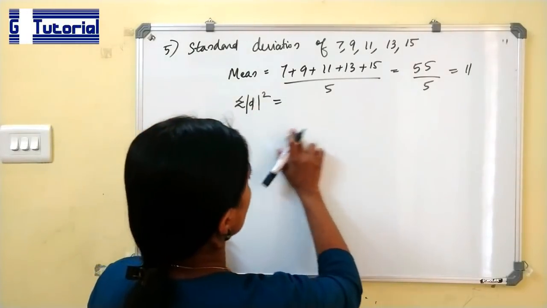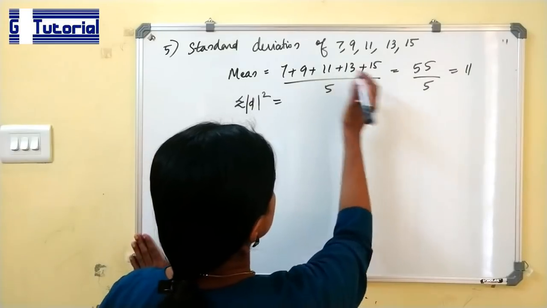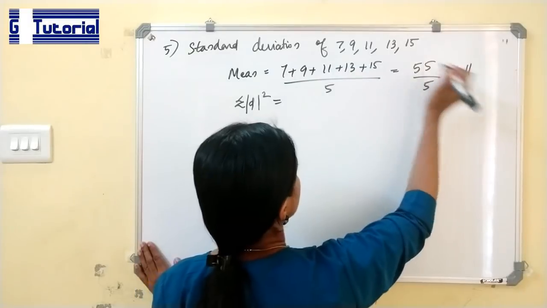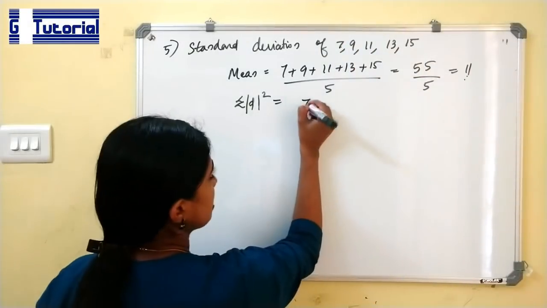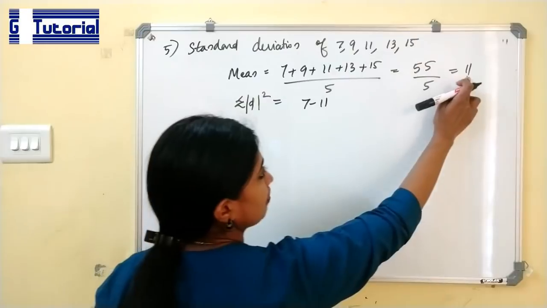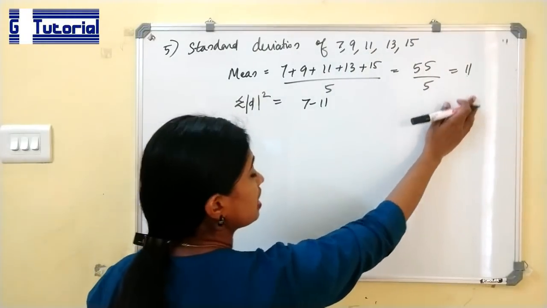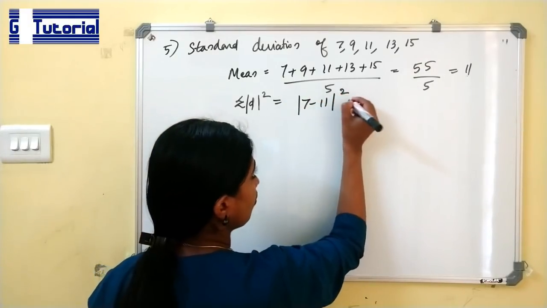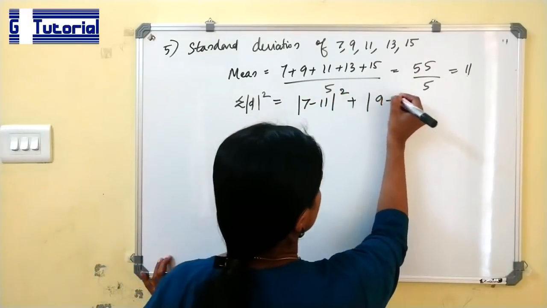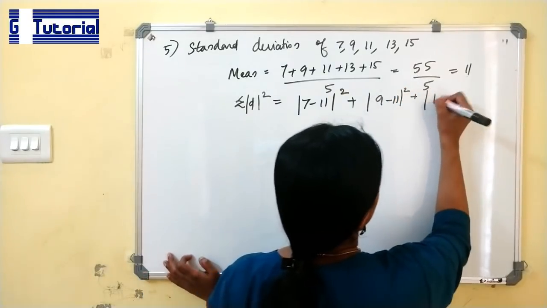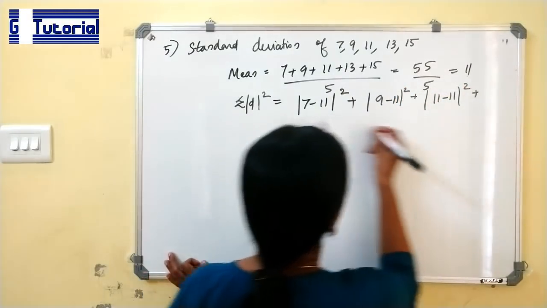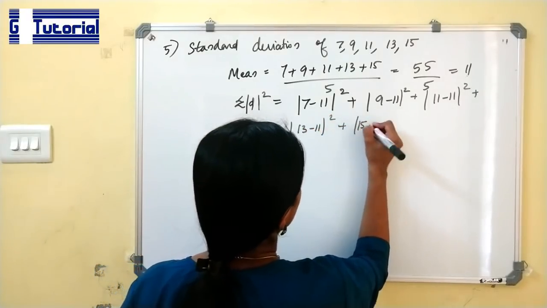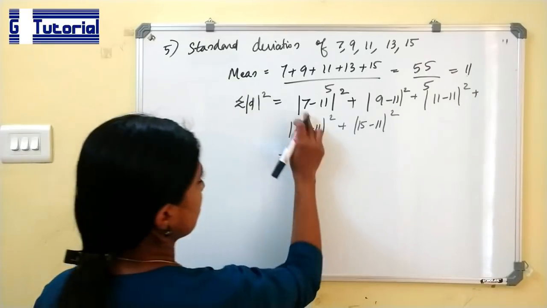Okay. So, in this case, the deviation is from each value to the mean. 7 minus 11 is the deviation of 7 from the mean. 9 minus 11 gives the deviation of 9 from 11. And so, we are asked to find the sum of squares of that. 9 minus 11 the whole square plus 11 minus 11 the whole square plus 13 minus 11 the whole square plus 15 minus 11 the whole square, which is equal to 7 minus 11 is